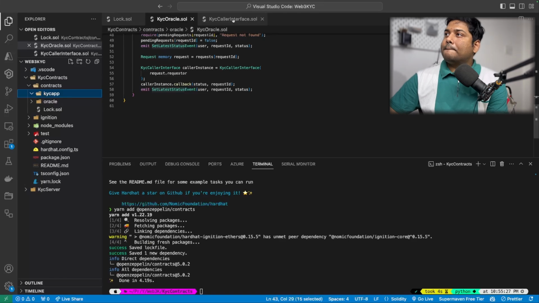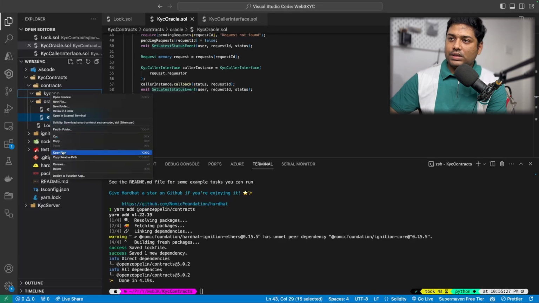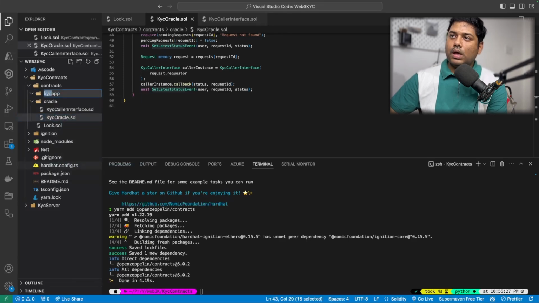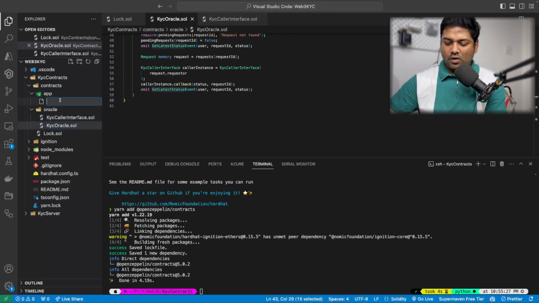Now, what we will do, we'll go to the KYC app, or we'll just change this name and just call it app. Okay, so it can be any app, it doesn't have to be a KYC app. So any app that needs KYC can call this contract. Here we'll create a new file, and we will call it, for now, caller